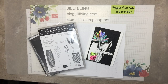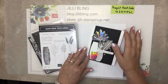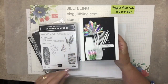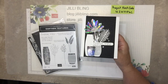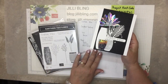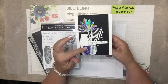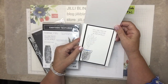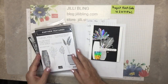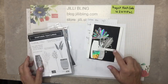Hi, this is Jilly Bling, and I have a new little grouping of projects using the Earthen Textures bundle. So what do you think? I saw this online from Laura Seki, and she made this black and white card, and I love it. I changed it up just a little bit using some of the holographic silver papers. And it's going to use the Earthen Textures bundle and also Sending, mostly just for the words, the label